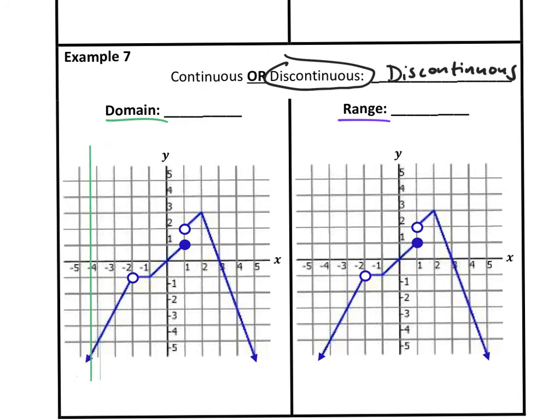So just keep in mind, if there's an arrow, that means it's going to go towards infinity. You just have to decide, is it positive infinity or negative? Well, if I keep going to the left, these values are negative, right? The x's become negative as I go towards the left. So it's going to be negative infinity, comma,